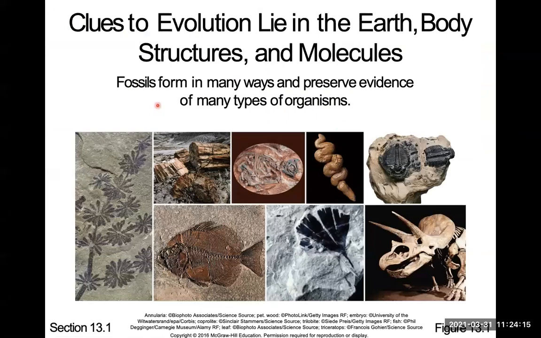There are some other fossil examples that your book provides. So here's petrified wood. Here's poop. So maybe by looking at poop, you can tell what this animal used to eat. Here's a footprint. They can look at the footprint and see maybe how heavy the animal was or how fast they ran or something like that. Bones are the first basically big evidence they looked at. So there's all different kinds of fossil evidence that they can find.